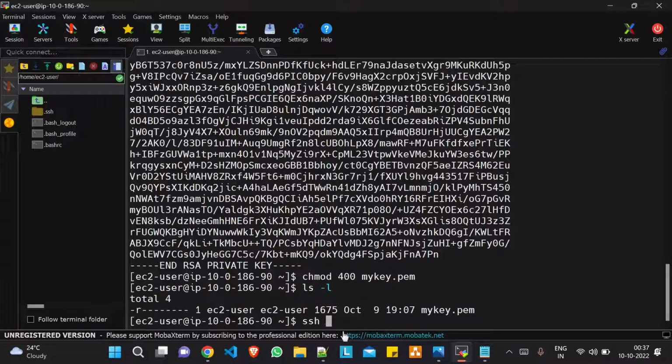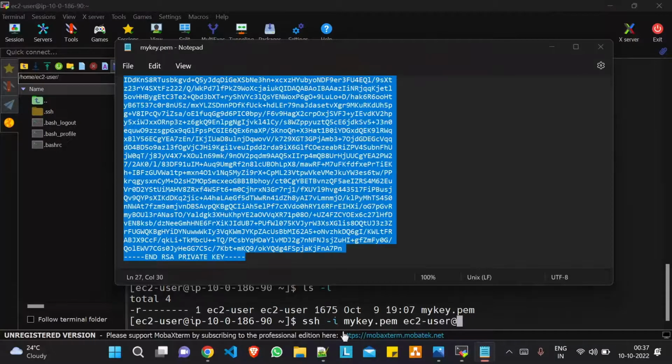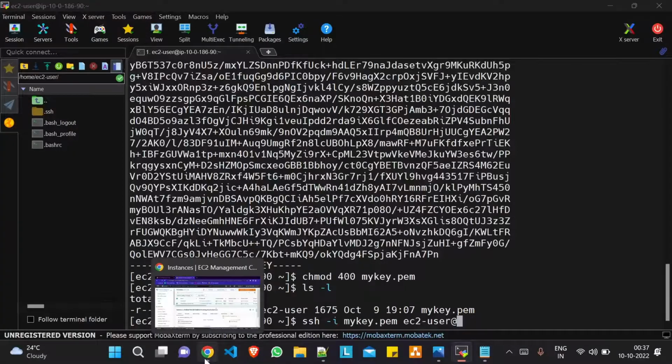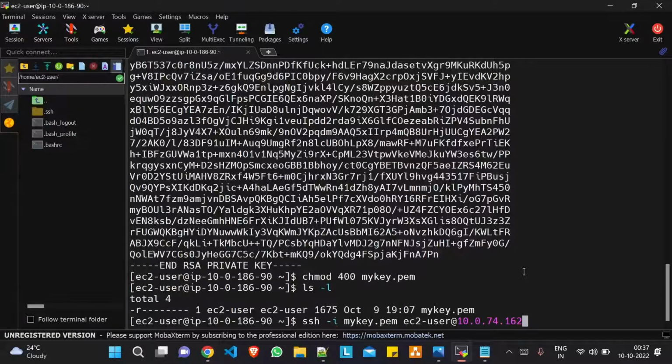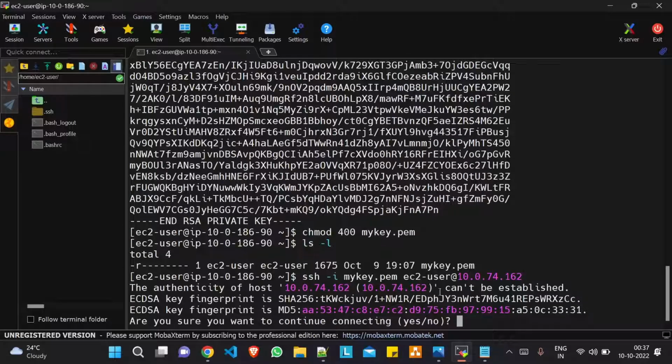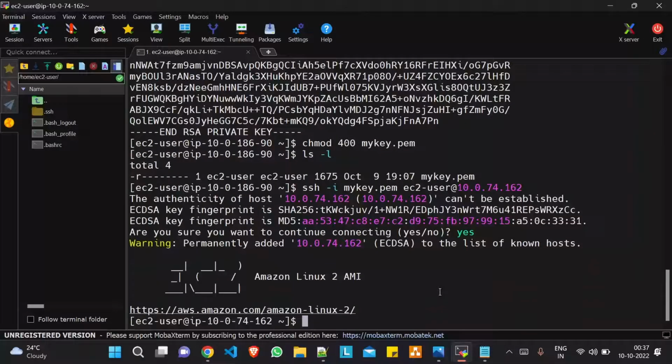So I'll run ssh -i mykey.pem ec2-user@ the private IP of the private EC2 instance. Fine. Okay. Yes, I want to connect. See, the IP has been changed now. So this is the private IP of the private EC2 instance